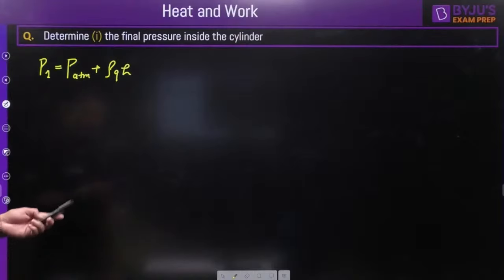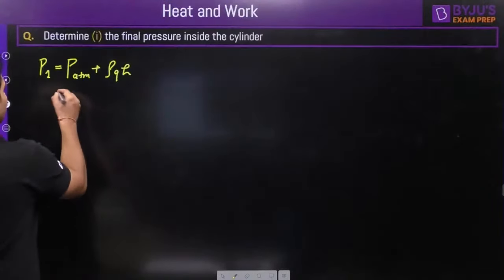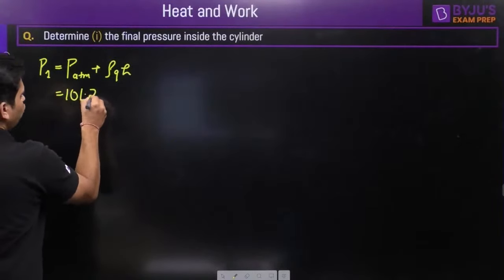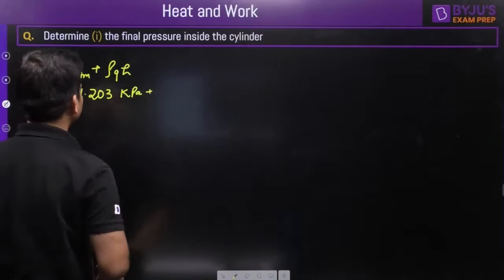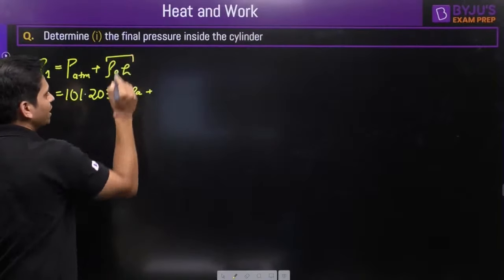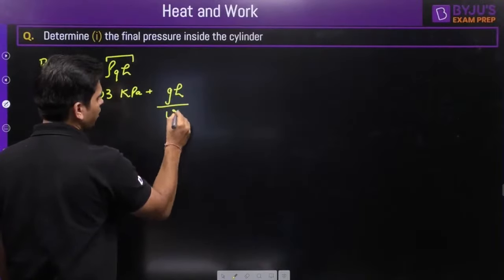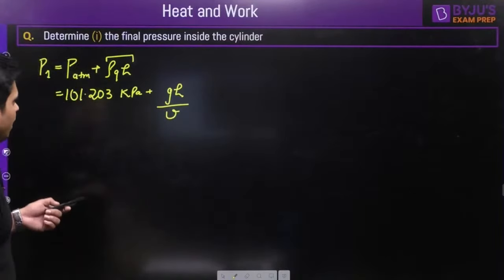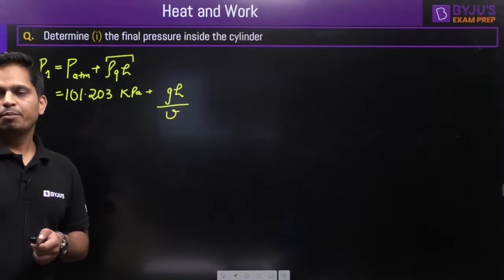Now atmospheric pressure they have given us: 101.203 kilopascal, plus rho g h. How do I calculate this? So I can write g h by specific volume. Now I need to find out h. How do I find out h? P1 is